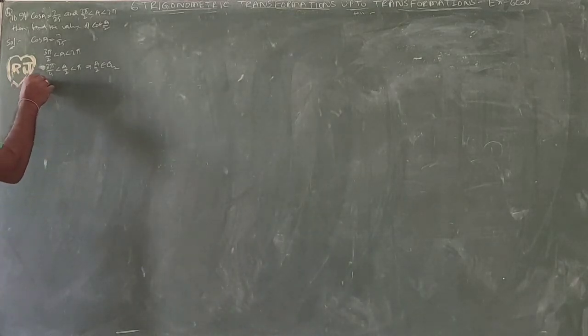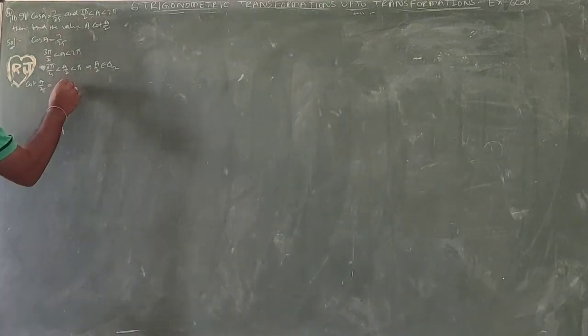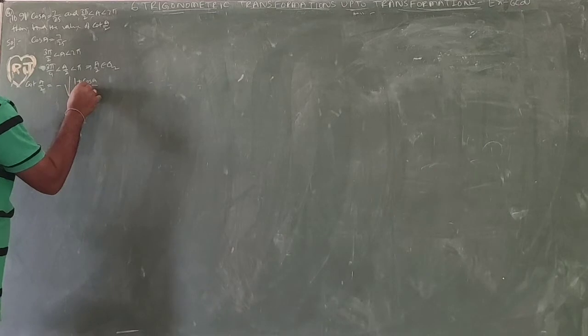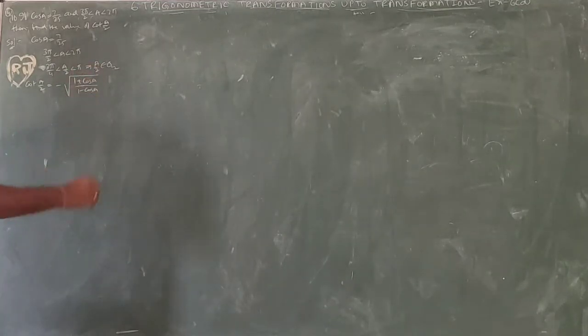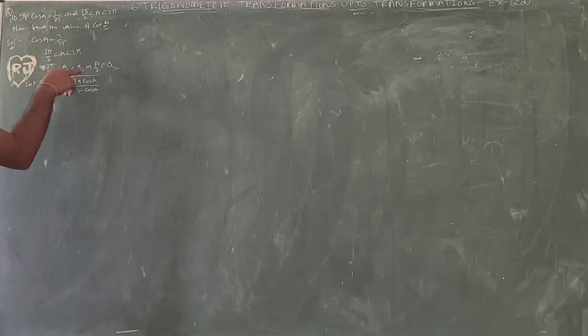Okay, now the cot A by 2 formula. Cot A by 2 is equal to plus or minus. In the second quadrant cot is negative, so that's why minus under root of, so the formula is (1 plus cos A) by (1 minus cos A). So this is the formula: minus of under root of (1 plus cos A) by (1 minus cos A). So why did we get minus here? Actually it is plus or minus. It is in the second quadrant, that's why we are taking minus.